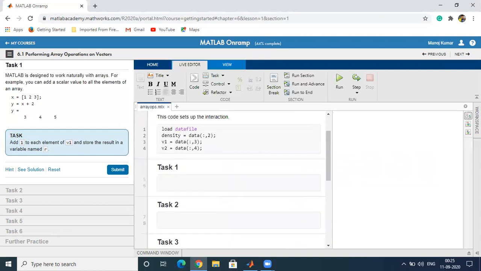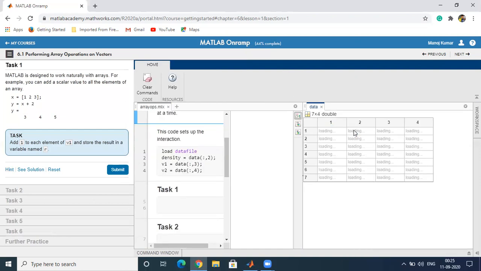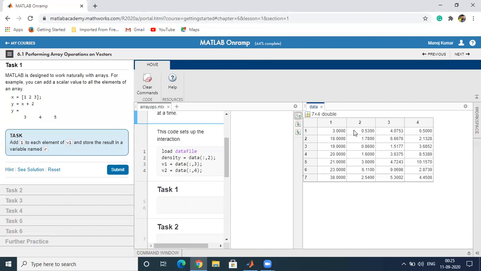You can see these values v1 and v2 by clicking on v1. v1 is the vector which contains the third column, and v2 is the vector which contains the fourth column of this data matrix.